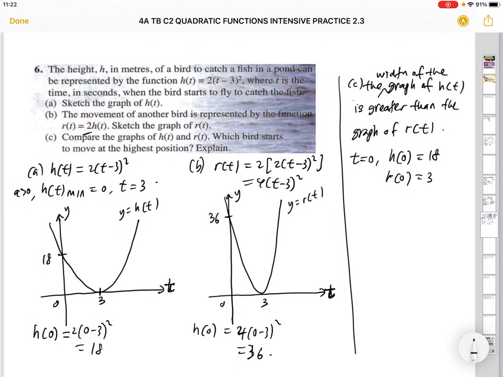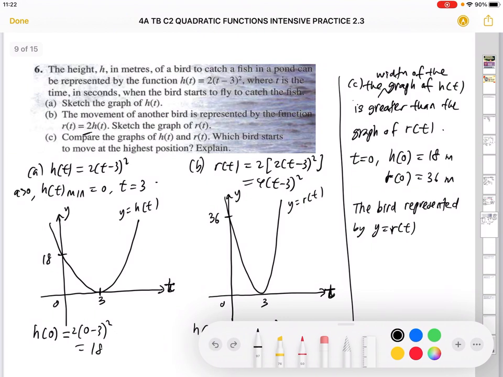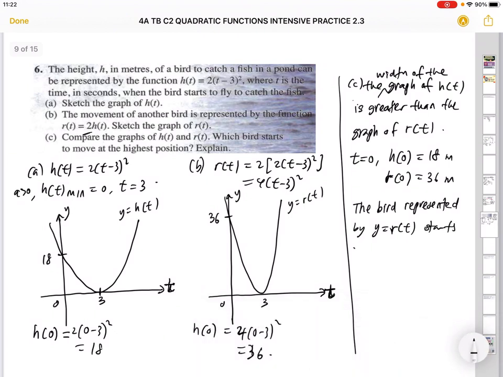So we say the bird represented by the graph y equals RT here moves, or should I say starts to move at the highest,